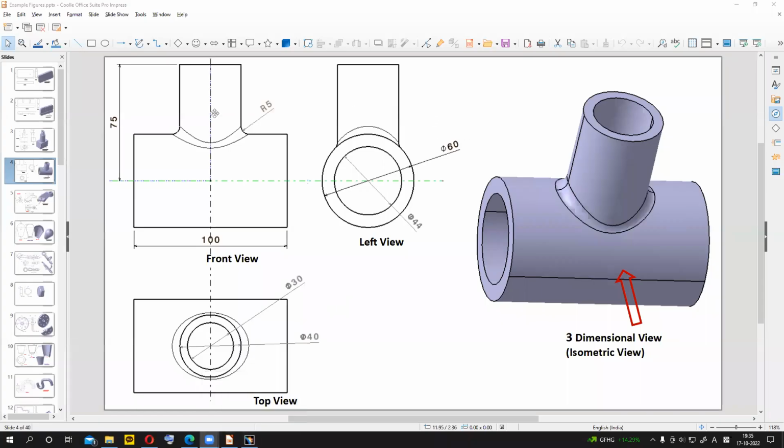Dear students, in the previous classes we have learned how to use pad, pocket, multi-pad, shaft and groove tools. In this video, I'm going to explain how to make this cylindrical object. So this is the front view, left side view and top view. If you want to make this cylindrical object using the front view,